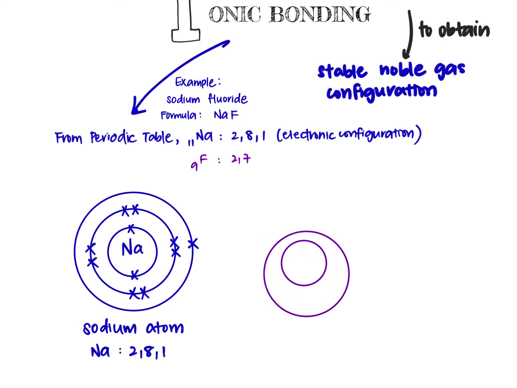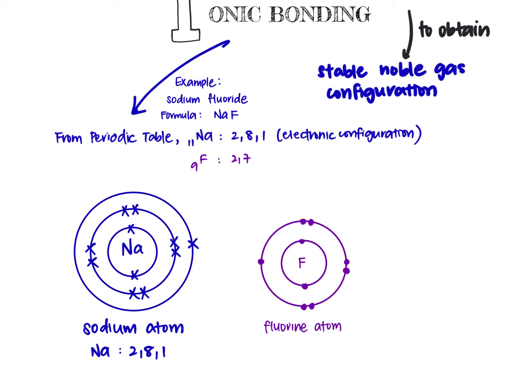For fluorine, I'm using this purple ink. The first shell has 2 electrons, which I will represent with a dot because it is from a different atom. So filling up electrons will be north, south, east, west, and then from one side, one direction. So you will have one of these electrons not filled in because there's only 7 in the last shell. So fluorine has a configuration of 2,7.